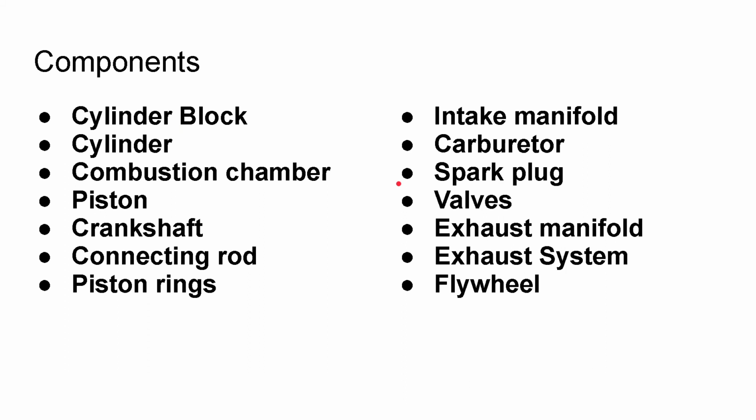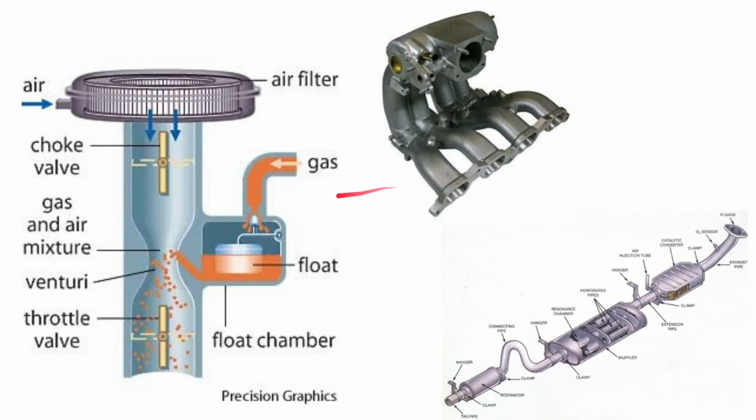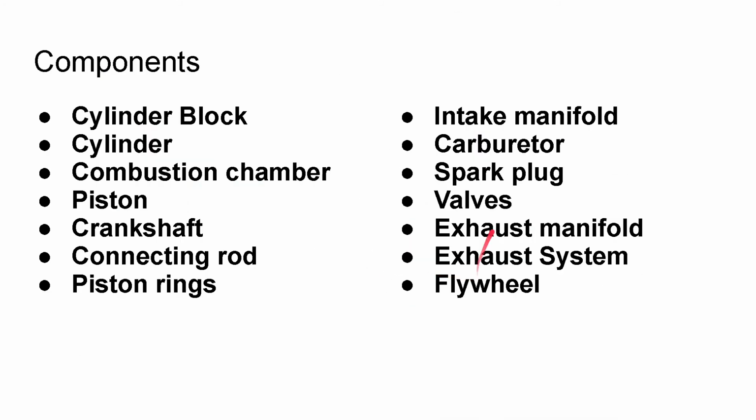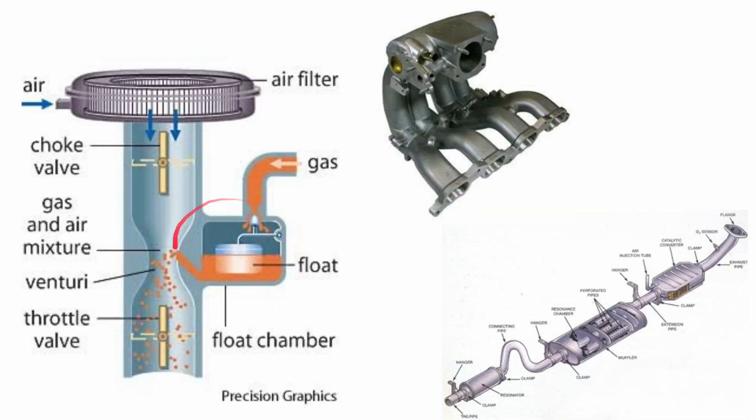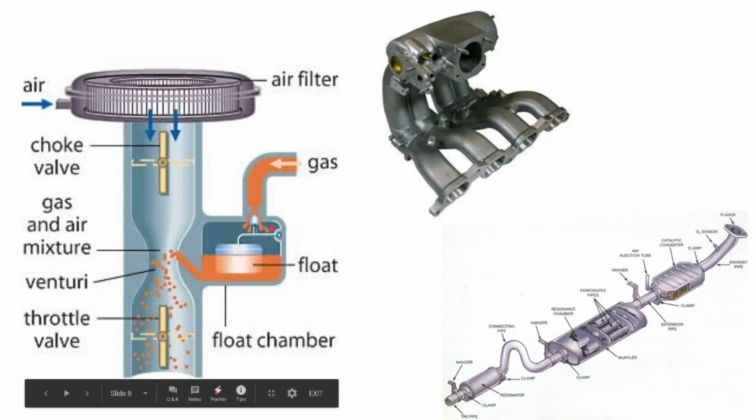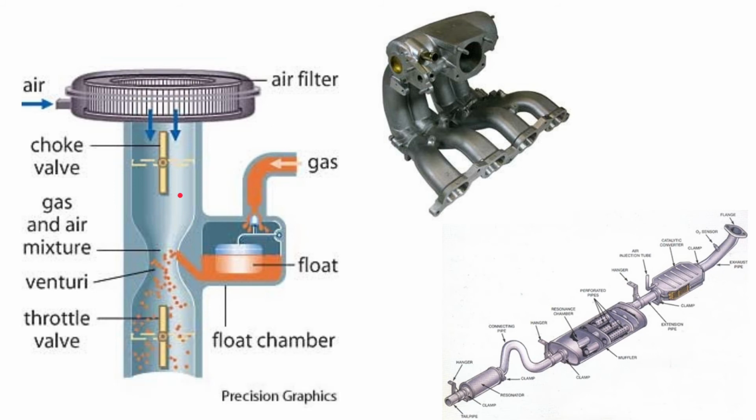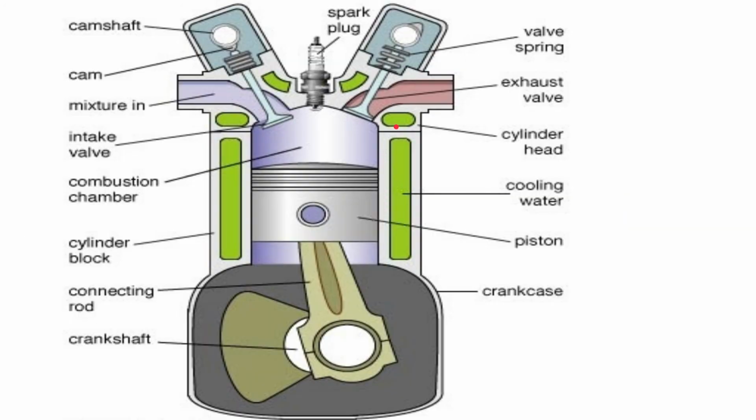Now let me define the carburetor. The carburetor is the same as a venturi meter. We have a venturi meter which will measure the mass flow rate of our fuel and air, and it will also maintain the correct air fuel ratio. And this part is generally made of aluminium by sand casting.